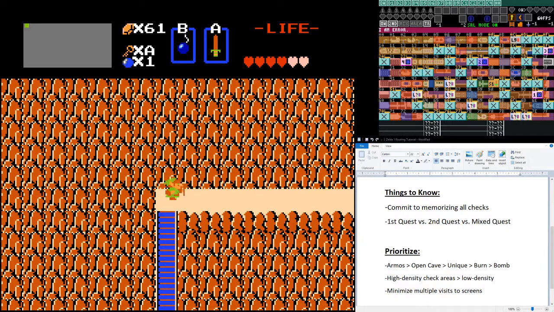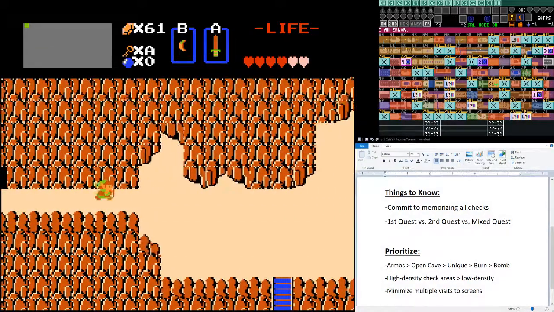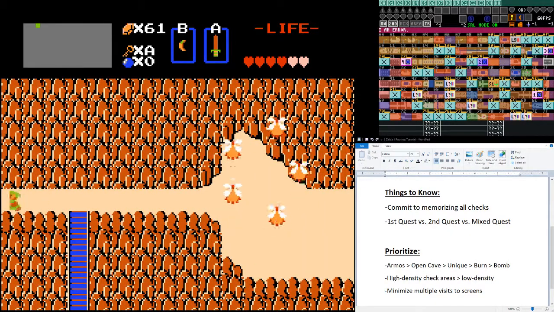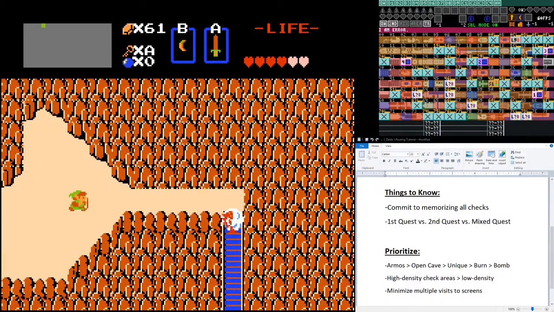Bomb second quest level 9 spot right there. Got a bomb wall right there that you check. Got a bomb wall there that you check. And finally, your last bomb wall on the overworld. So that is kind of just a couple of seeds to give you an idea of some strategies to help you minimize your double dipping on the overworld, help you route a little bit more efficiently if you're not as used to this game or this randomizer, how it works, where all the checks are,